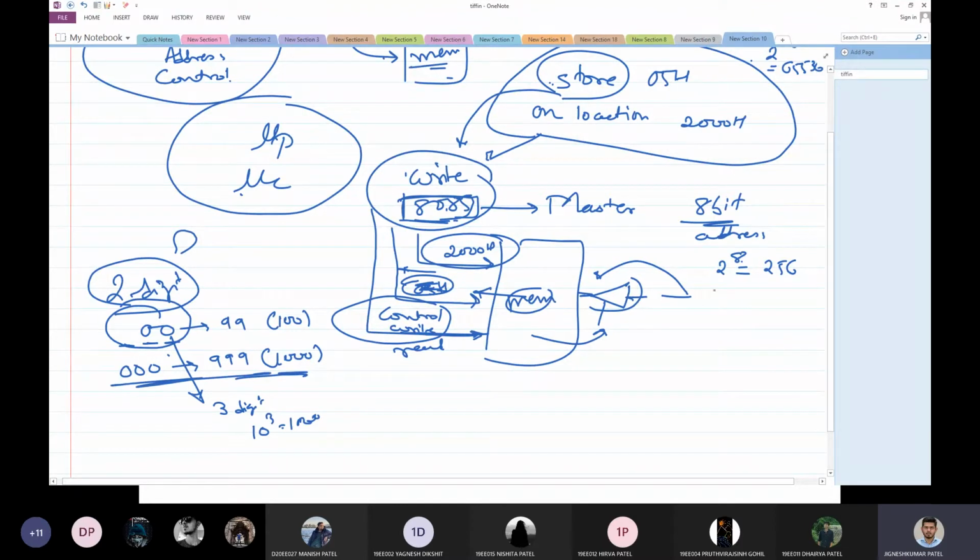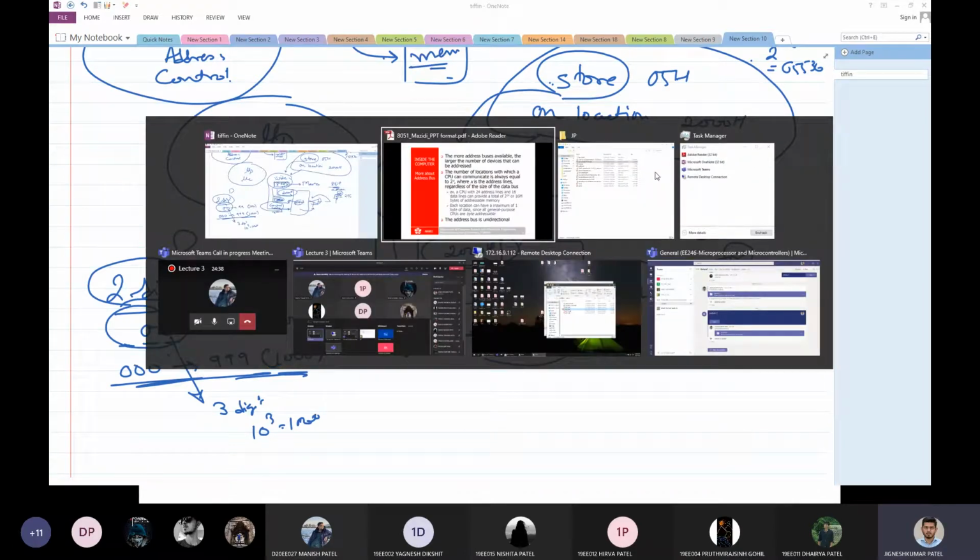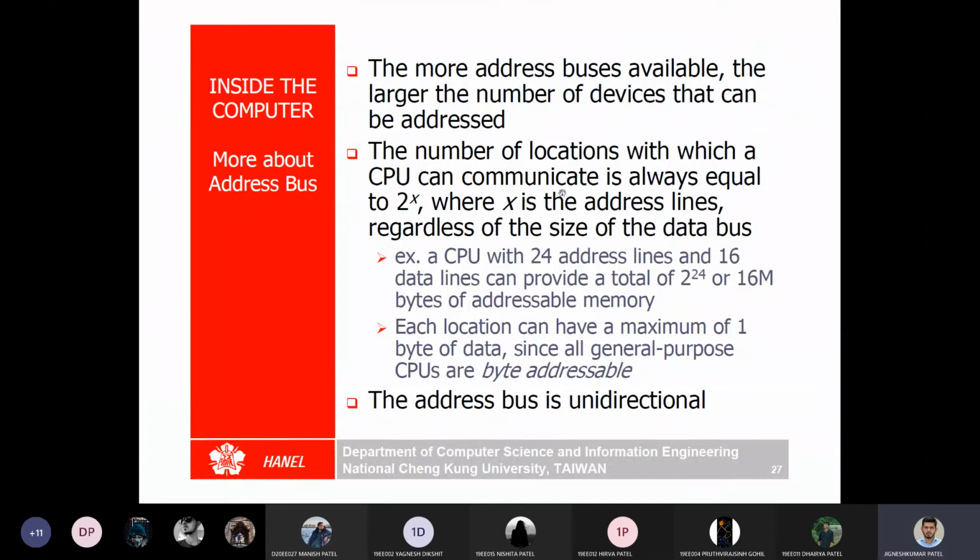Same way, this is binary, that's why we get the power of 2^n. The bottom one is the representation of the system, and the number of spaces available is the power. So 2^n represents the number of unique addresses you can accommodate with the given address bus.